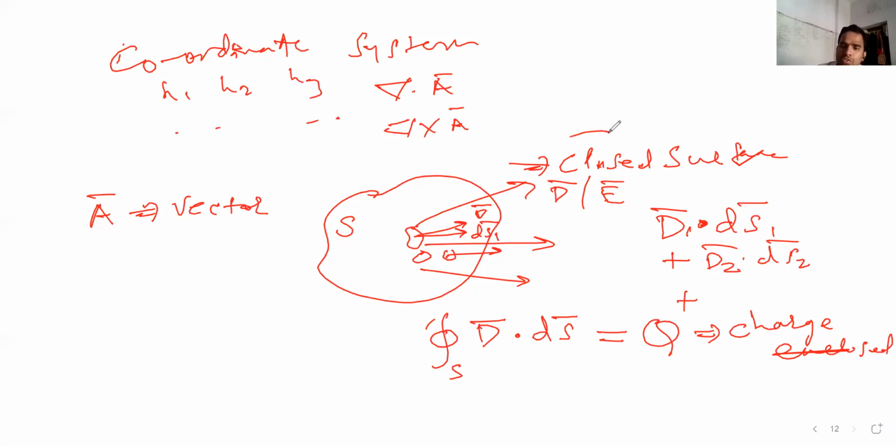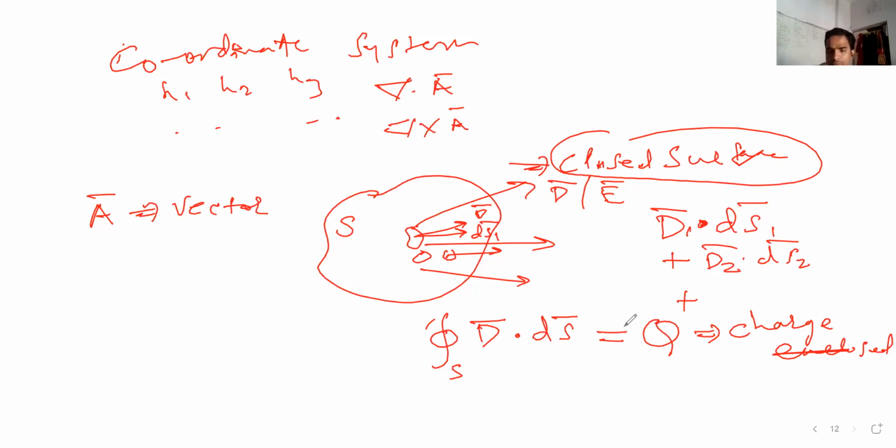Now this is for a closed surface. So what is divergence theorem? Let me tell you, this is not divergence theorem. This is Gauss law. What does divergence theorem say? If there is a closed surface, and if there is an outward vector quantity, so it's like a divergence. The outward vector quantity is diverging, so there is outward flow. So this d bar dot ds bar, as per Gauss law,